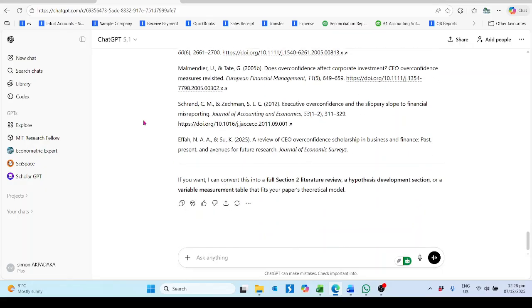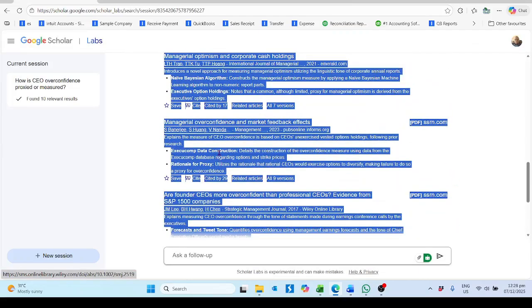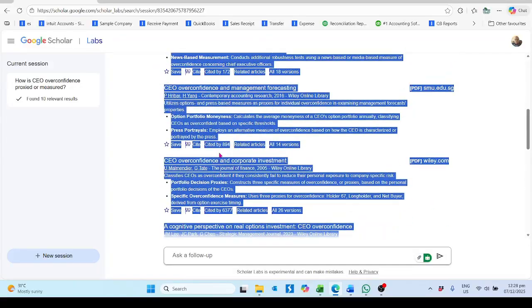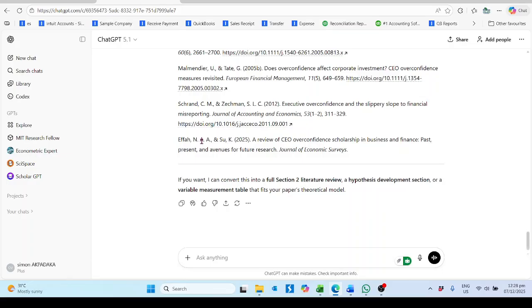But now that you have taken all the papers from Google Scholar Lab, you are sure that you are getting the right papers, the right citations, and there are no fakes or hallucinations that ordinarily you may have experienced using